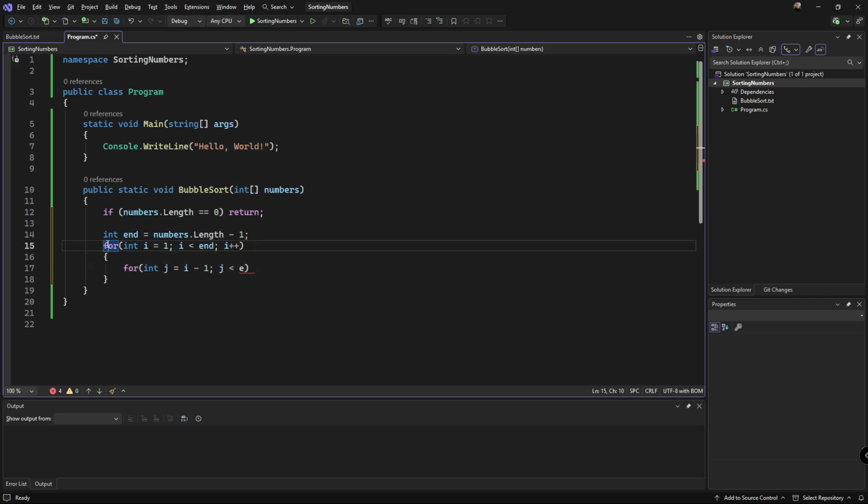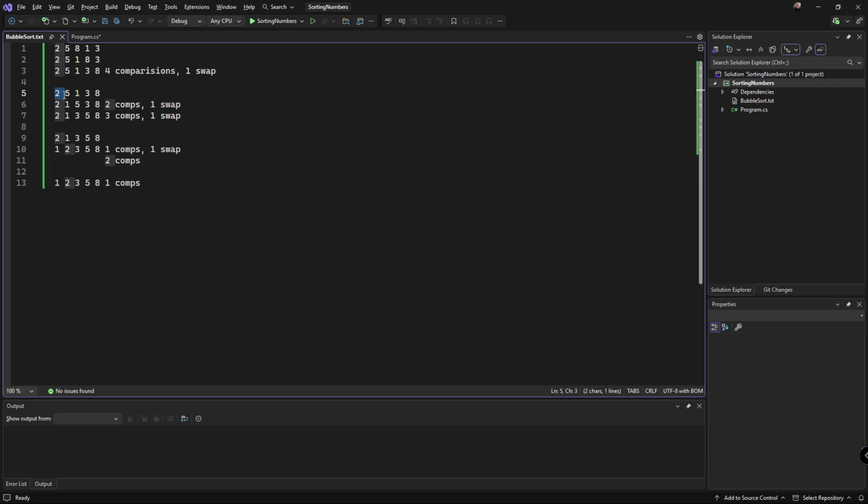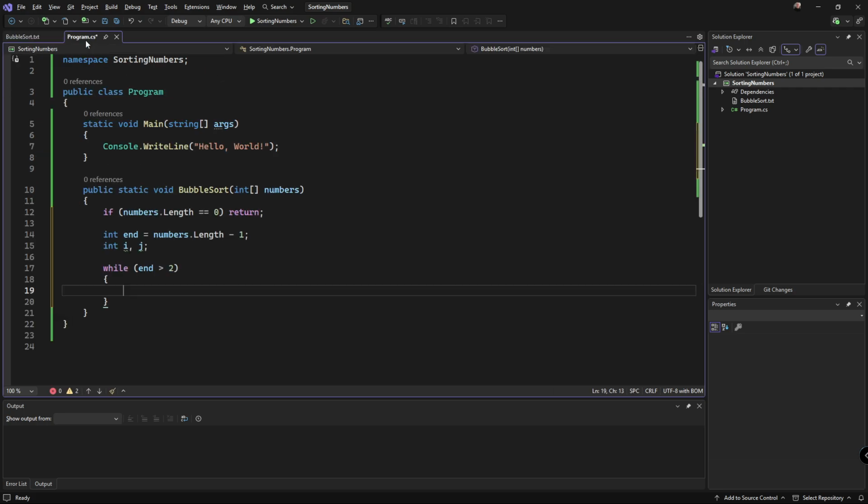So let's forget about the for loop, and we'll just do it as a while. So we'll do int i, j. So let's do it like that. So while end is greater than 2. The reason for greater than 2 is at the end there's just going to be 2 values here. When the end drops less than, while end is greater than or equal to 2, then